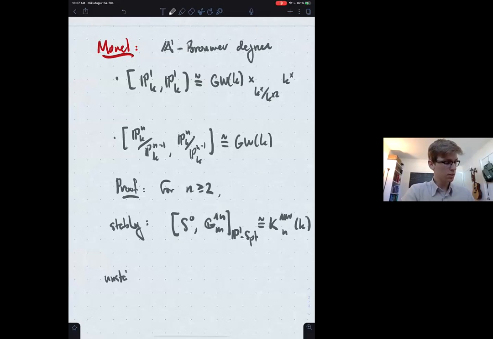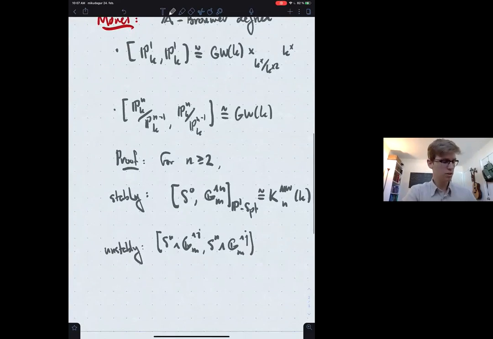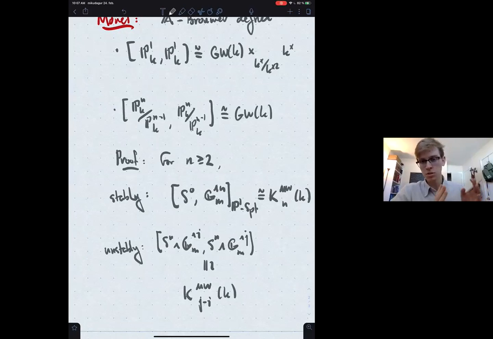Or you could work unstably and have a similar result. Okay, so this is just showing us the first computation of the A1 degree. At least to me, there's not a whole lot of commutative algebra showing up. These Milnor-Witt K groups have a nice, very algebraic presentation, but when I look at this, I don't think computing residues in commutative algebra is really going to show up anywhere.